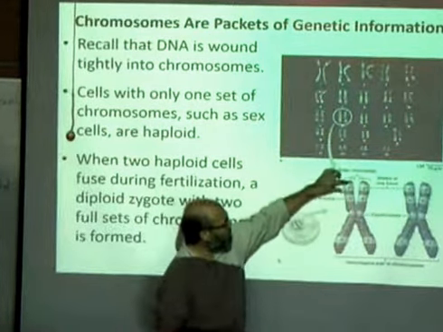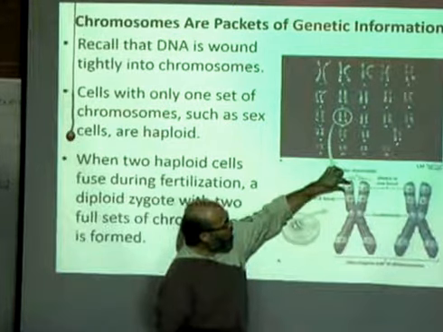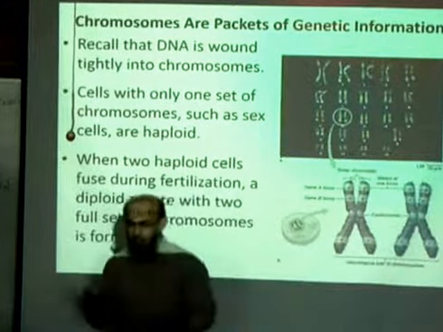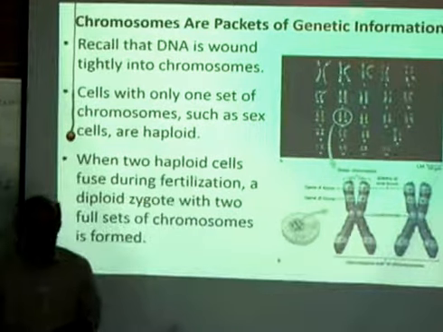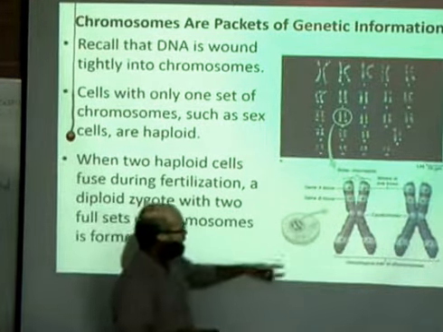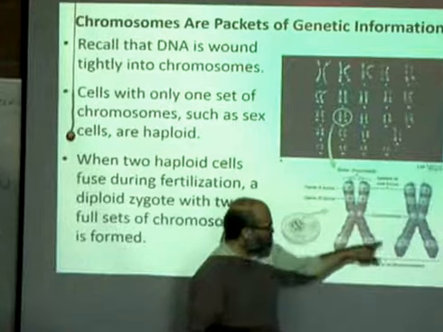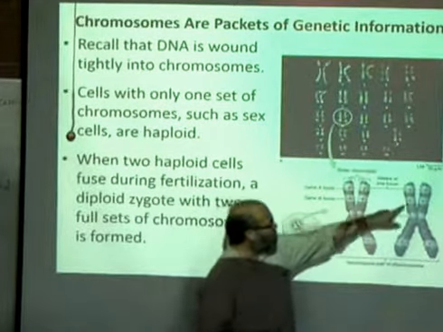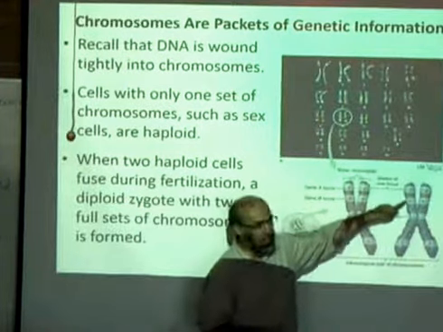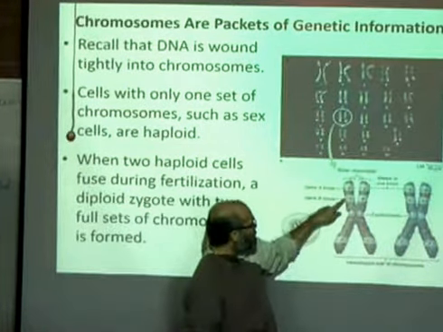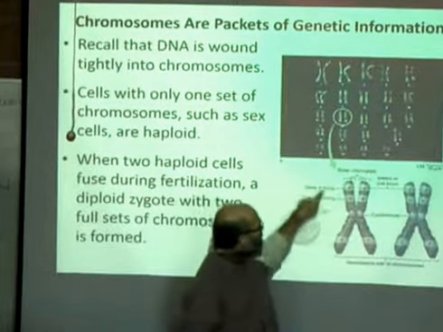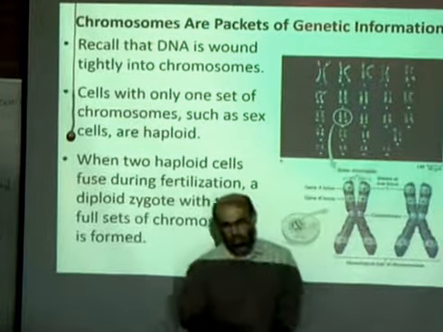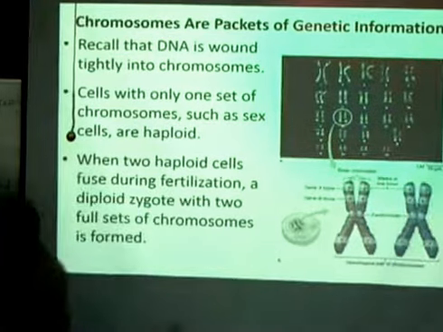And scientists have figured out that this part of a chromosome does something. It makes a protein, or another part makes a different type of protein, and they can be the same when two homologues are put right next to each other, or they could be different. Like this sequence of DNA is different than this sequence of DNA. So this gene is the same. This gene is different than this gene. So when there are two genes